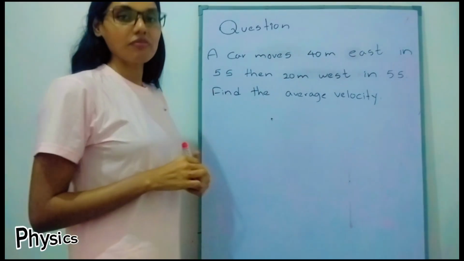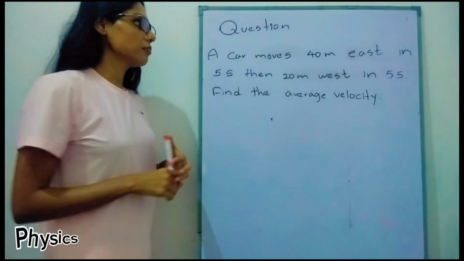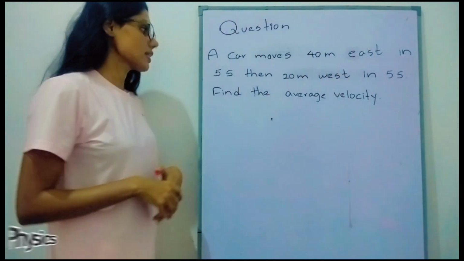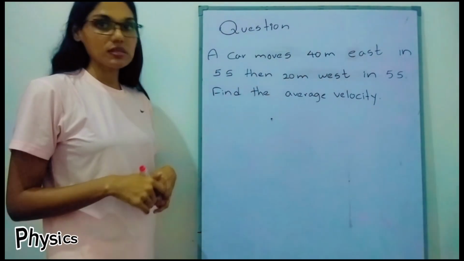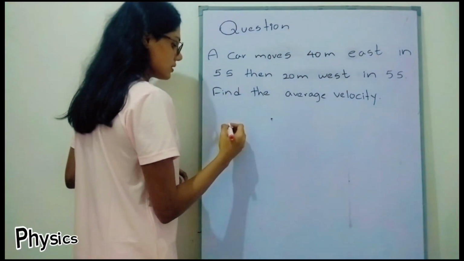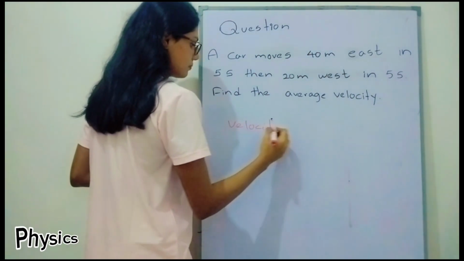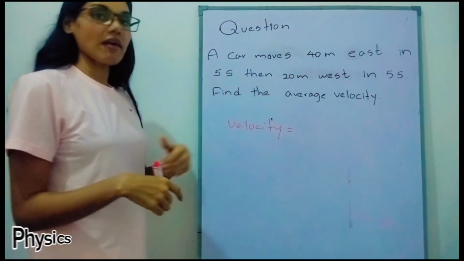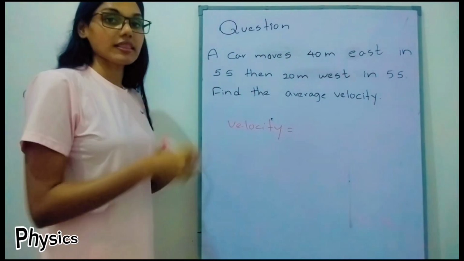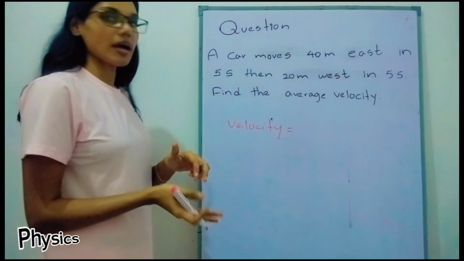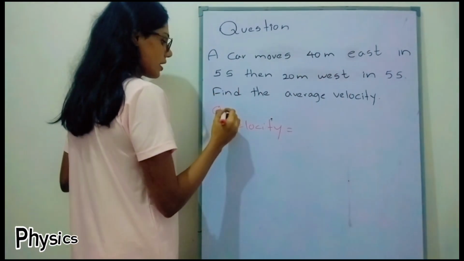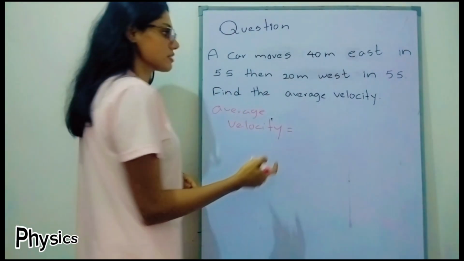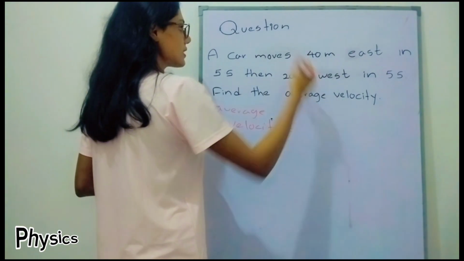We have a question on velocity. A car moves 40 meters east in 5 seconds, then 20 meters west in 5 seconds. Find the average velocity. To find the velocity, we have the equation displacement divided by time. So to find the average velocity, we need the total displacement divided by time. So average velocity equals total displacement. Here, 40 meters east